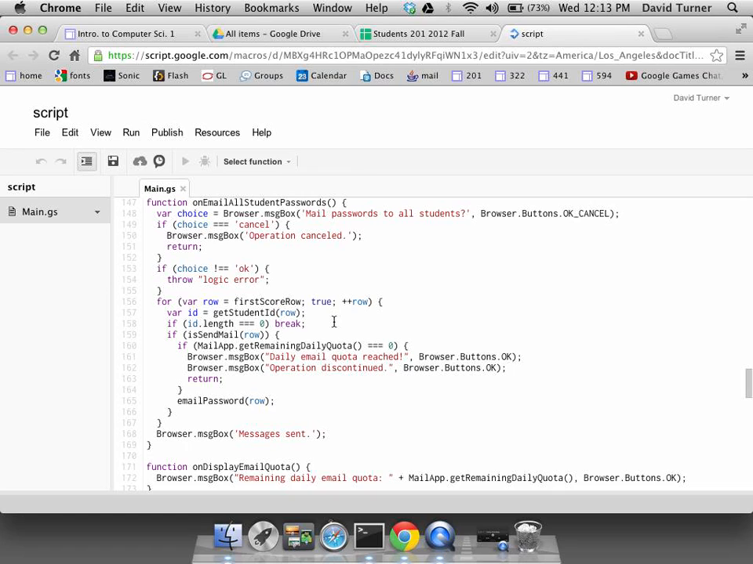So here I pass through this business, and I call email password. This is a loop, and I have this variable called row. We'll be looking at for loops shortly in the class, and we have this variable called row. Initialize it to the first score row,